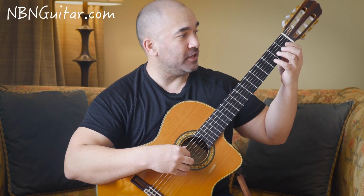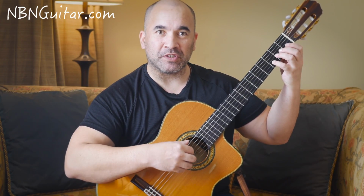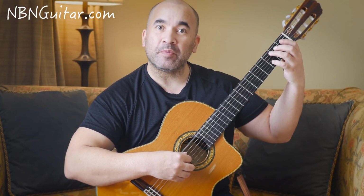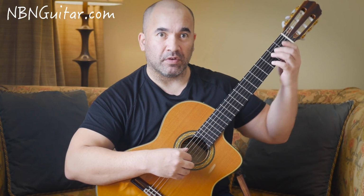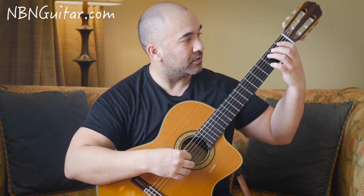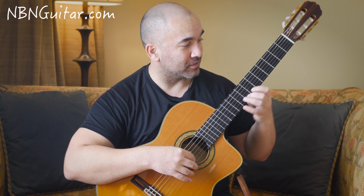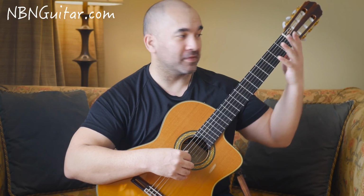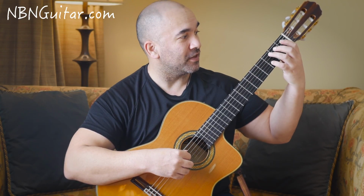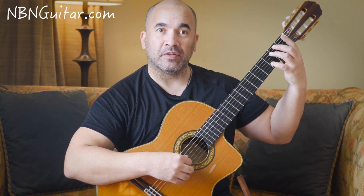Then we have 3 Ds, open D, 3rd fret on the B string D, together. Then we have the same melodic line but an octave lower, actually 2 octaves lower. It was this, but now it's this. Okay, so we have those 3 Ds and then 3, 1, open on the A string,